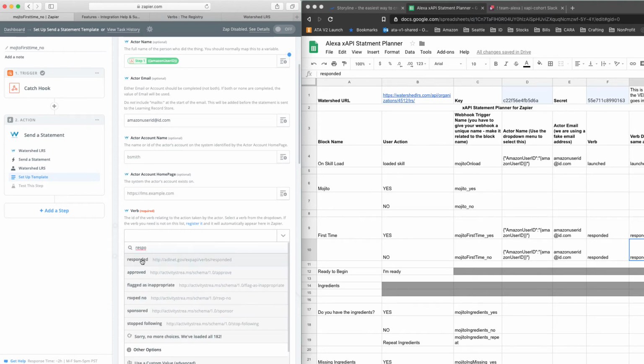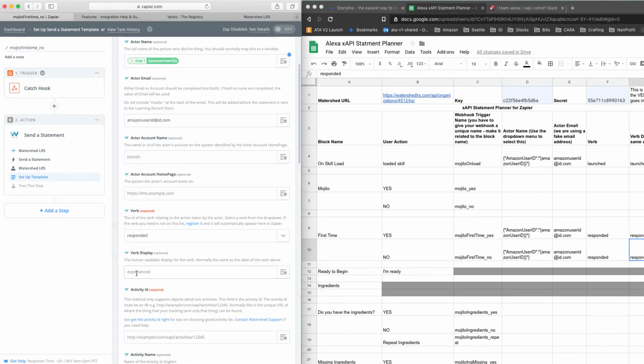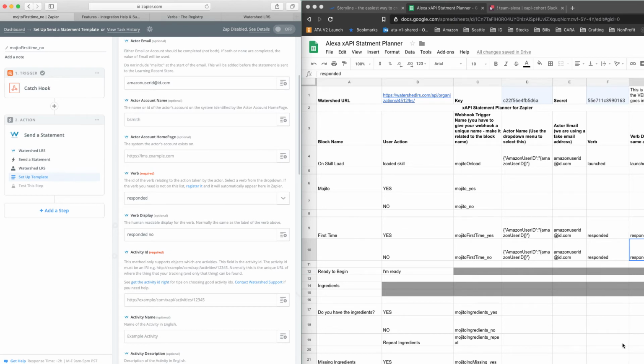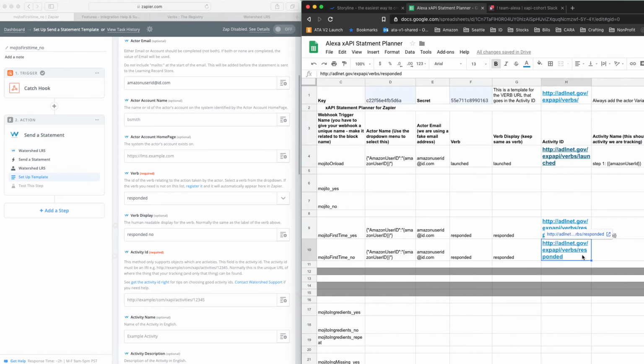There you go. Respond it, click it. It'll feed it in, and I just want the verb to display as responded. So now for the activity ID, that's the URL where the verb is pulled from, and we're just using the